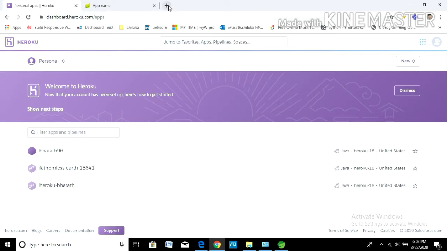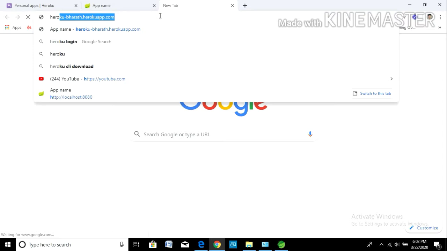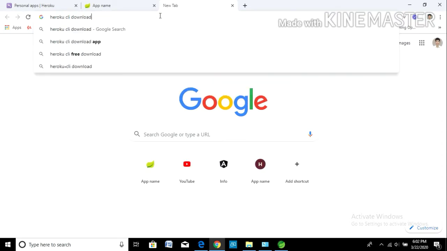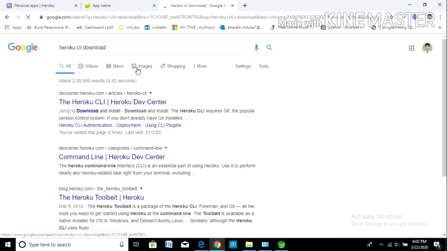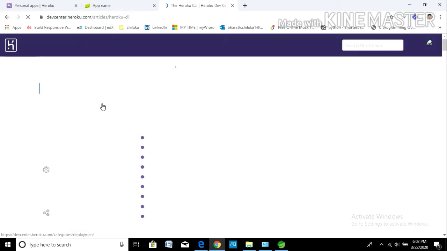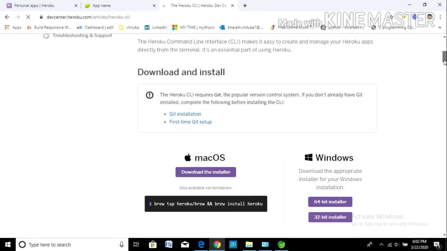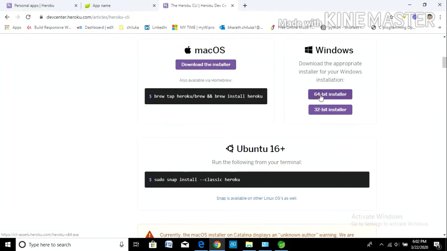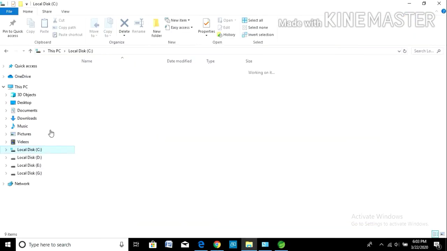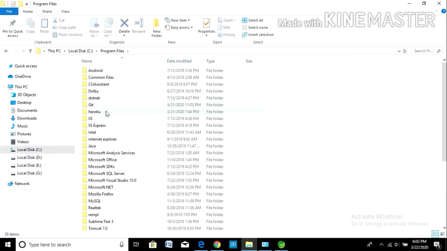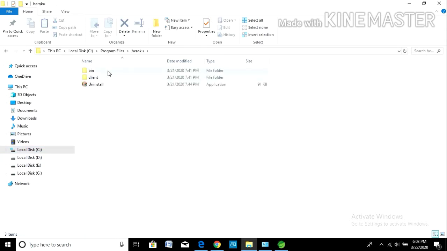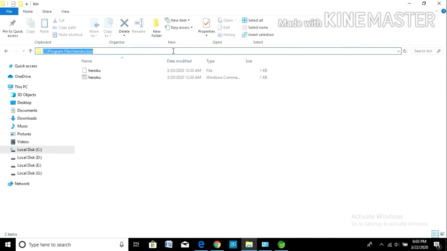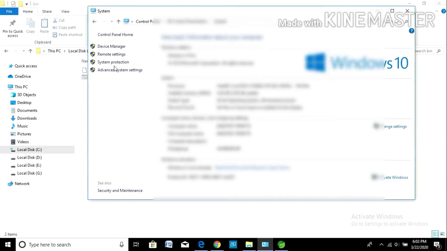In order to interact with this, we need a command line interface, so we need to download the Heroku CLI. Go to the first link and download the version for your OS, and just click next. After installing, you can see the Heroku folder in Program Files. Copy the bin path